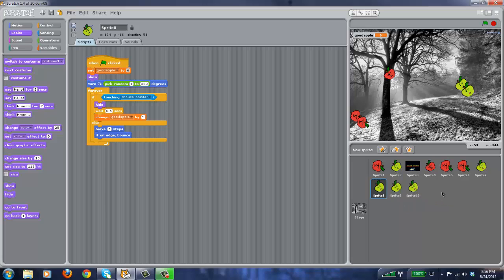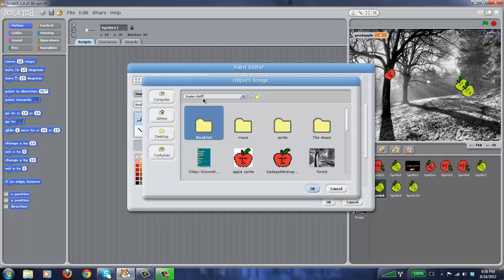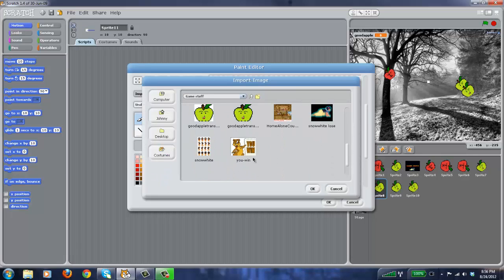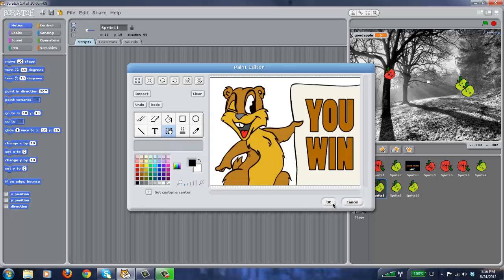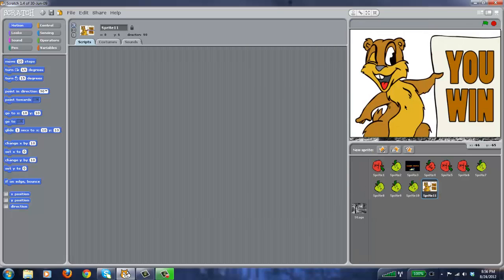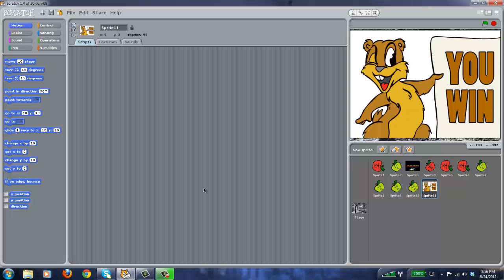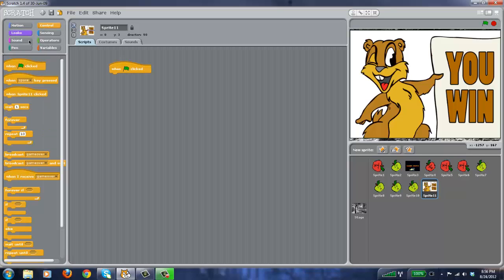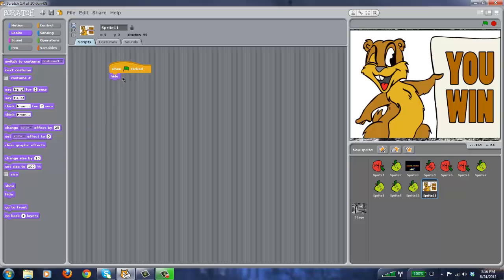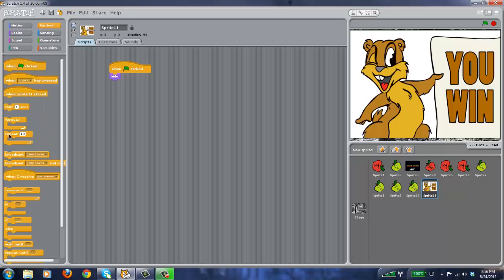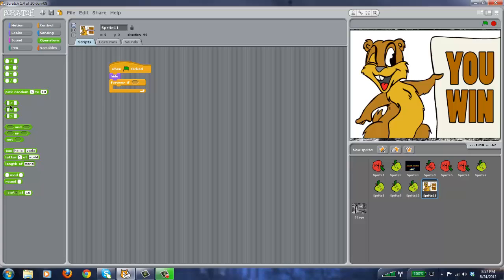Now I want to create a winning screen, and I'll import my winning screen sprite. Let's move them to the middle there. Okay, and now I need to add scripts to this sprite. So when the flag is clicked, I need it to hide. But forever if, I need to take an operator